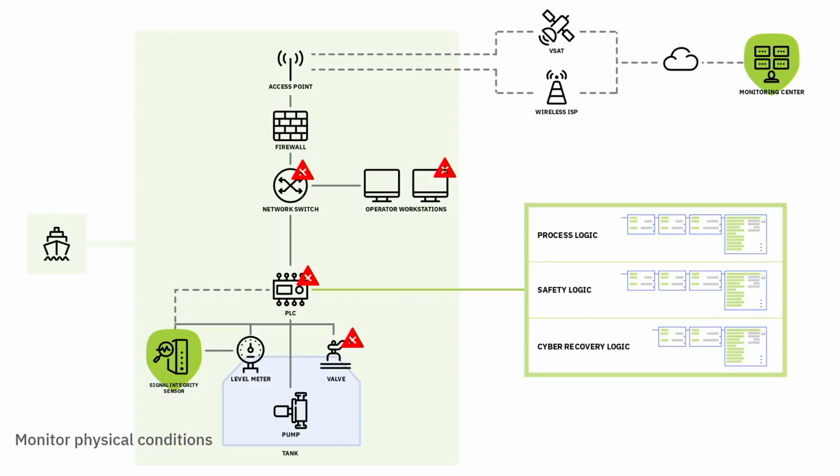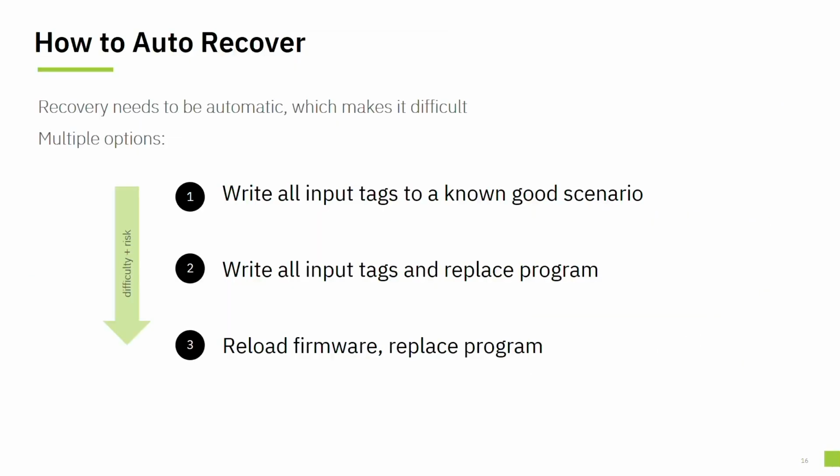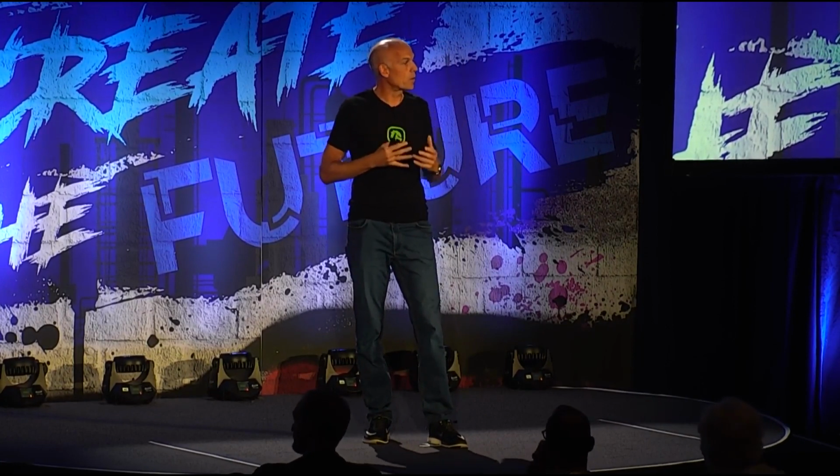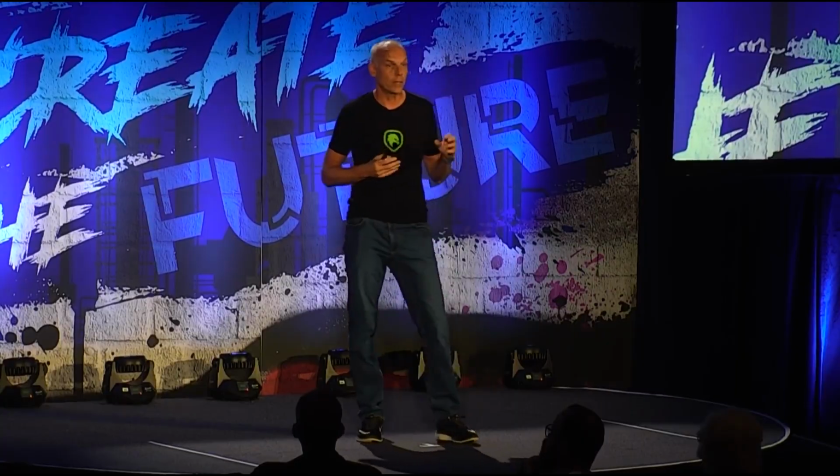With this kind of thing, you have two choices. You can do either a manual or an automatic response. And I'm telling you one thing: manual response in the scenarios that I showed you before takes a very long time, all right? We're talking here about days, weeks, maybe even longer than that. The best way to handle it is some sort of automatic response, but it's really hard to do in this particular case. Now, the good thing is our signal integrity sensor is also connected to the PLC, so it has access to the PLC.